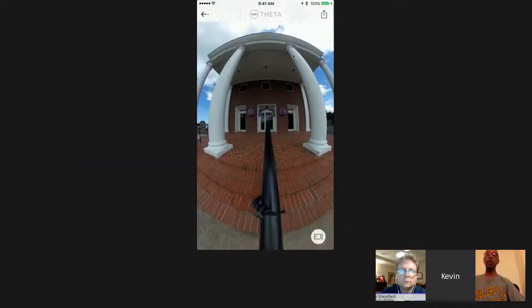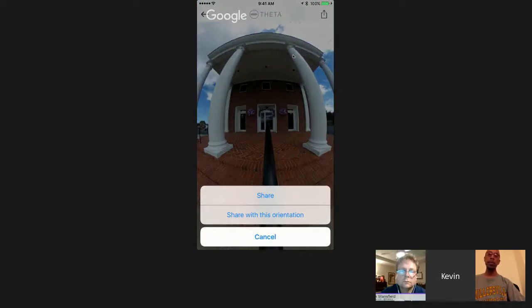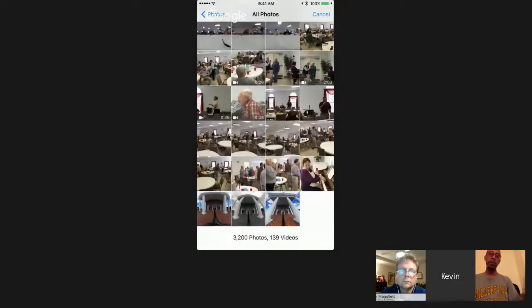How does it compare to Photosphere on Google Android devices, or, I forgot the name, PhotoSynth on Windows Phone? Well, those all do 360-degree photos on the mobile. Yeah, here's the benefit, and then I'll tell you the drawback. The benefit is that,